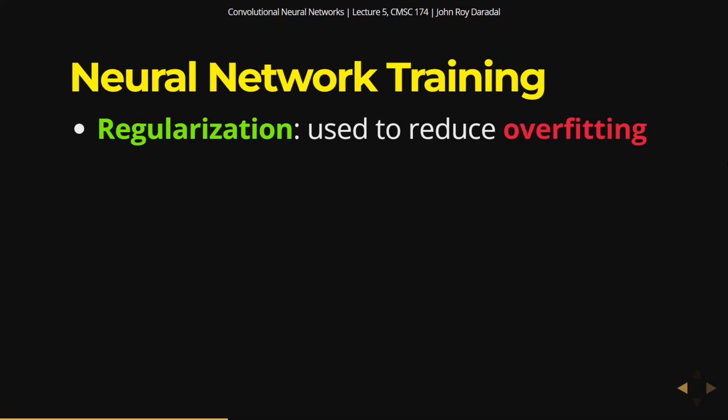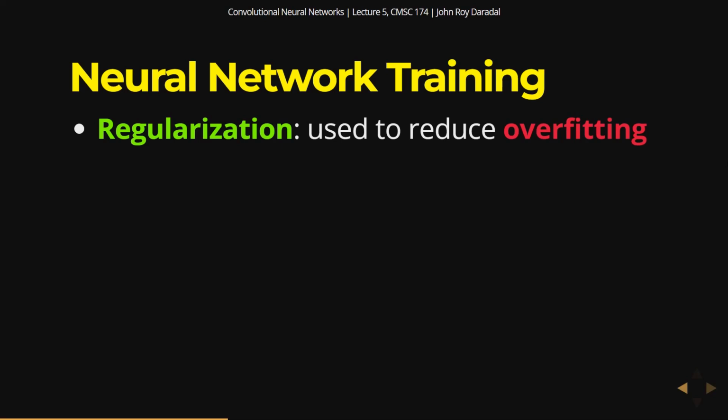So in the previous video, we were introduced to the overfitting problem, wherein if your model is overfitting, it's not generalizing to unseen data. It's basically just memorizing what it sees in training. Okay, so it's doing very well in the training set, but it's not generalizing to data that it hasn't seen before. So that is overfitting. So we want to avoid this because we want a general model and not something that just memorizes what it